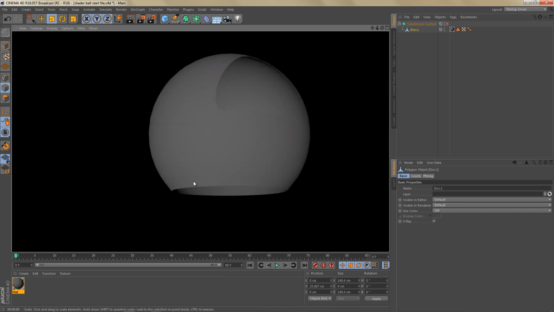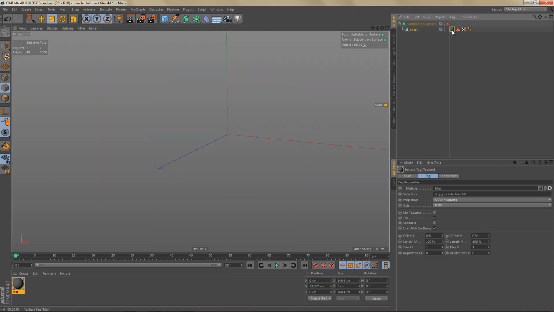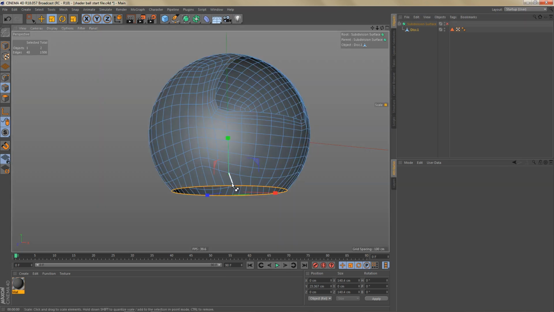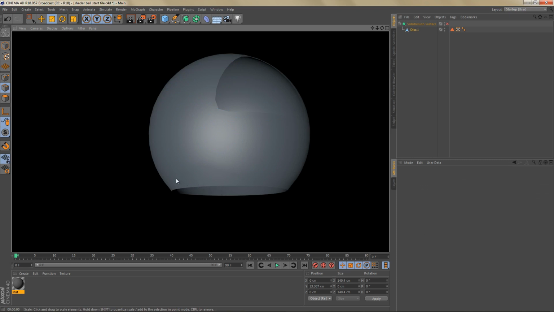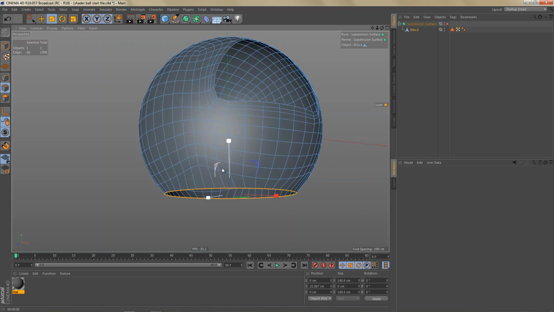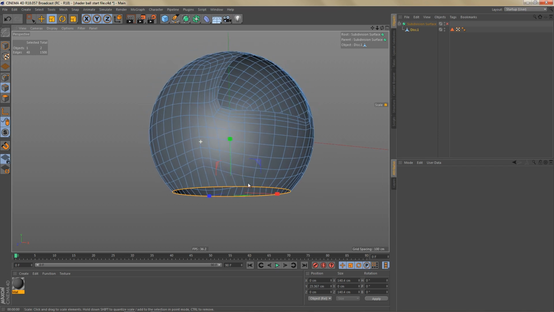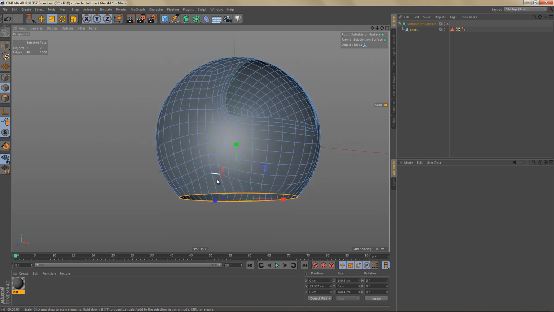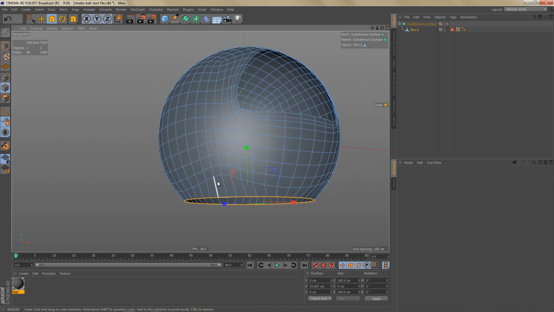And you can get away with it. It kind of looks okay. If I get rid of this material, it may become more obvious. So we're getting kind of this bumpy line following these edges down here. So that's the next thing I want to change. The only thing we can do really is slide the points around and try to even out the geometry,